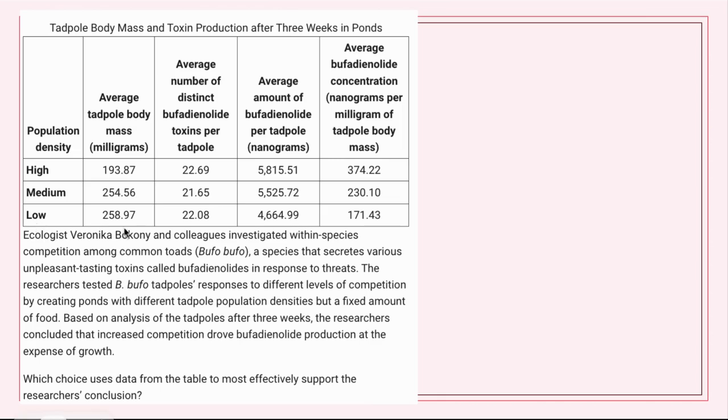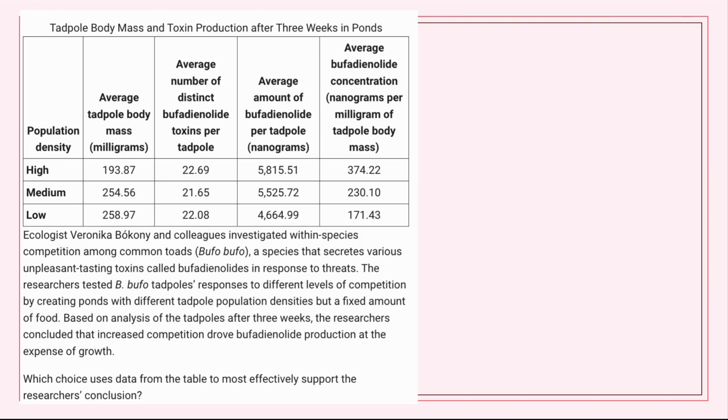Okay, so these people investigated within species competition among common toads, a species that secretes various unpleasant tasting toxins in response to threats. The researchers tested their tadpoles' responses to different levels of competition by creating ponds with different tadpole population densities, but a fixed amount of food. Based on analysis of the tadpoles after 3 weeks, the researchers concluded that increased competition drove this stuff production